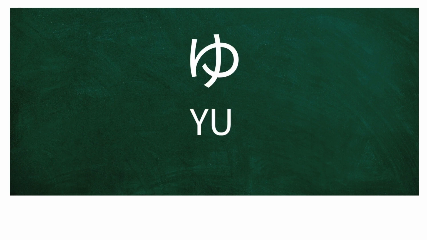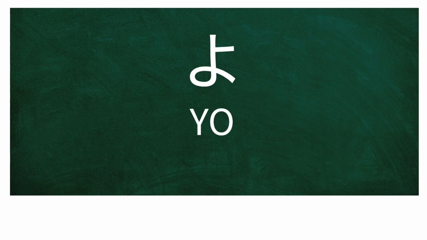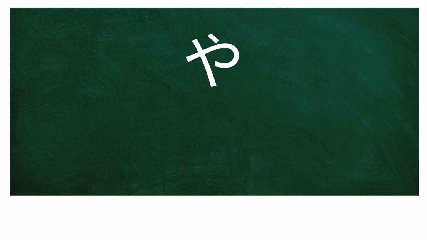Here we go again, in a different order. ゆ、み、も、よ、め、や、む、ま。